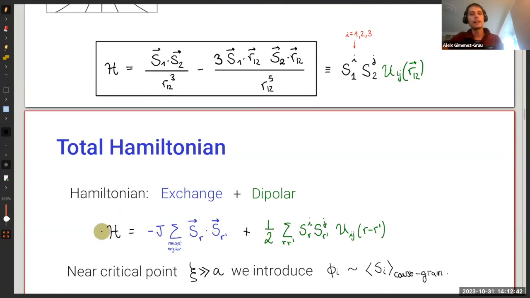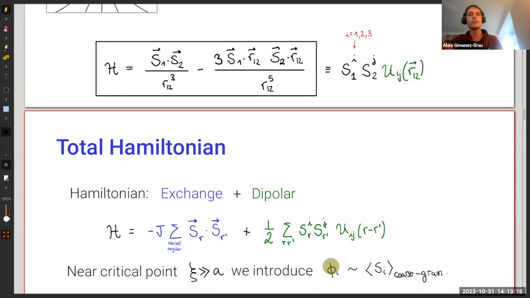So now that we have this lattice system, what we want to do is take some kind of continuum limit. So we want to tune the temperature. You can rescale this J in such a way that the temperature would enter, and then you can tune your parameters near the critical point. Near this critical point, what's going to happen, as I said before, is that the correlation length is going to be much larger than the lattice spacing.